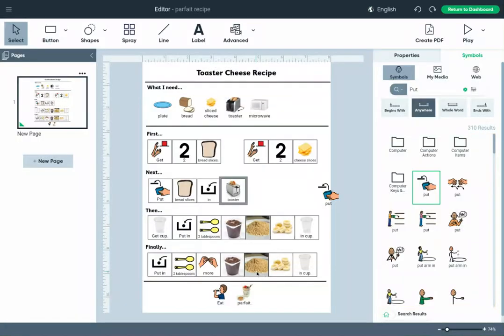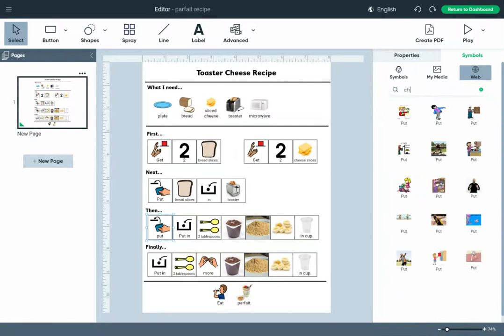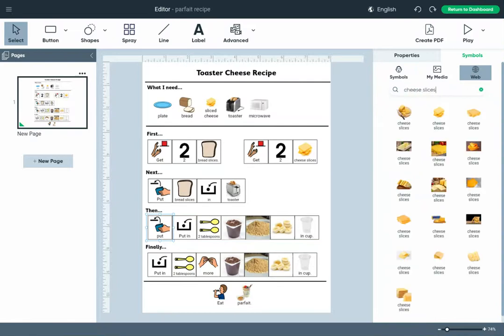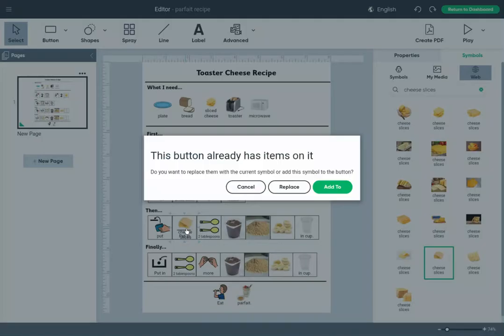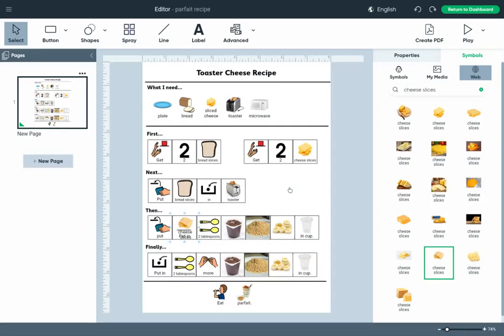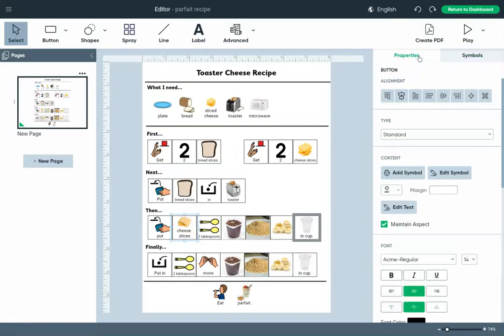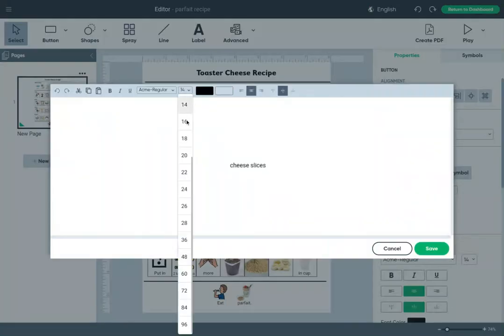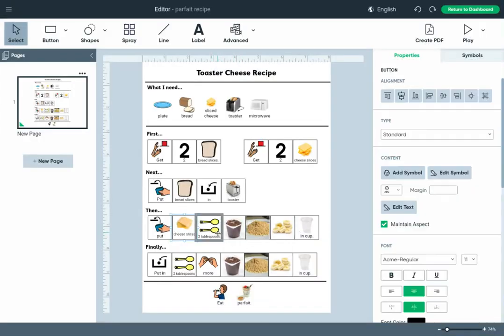Put, replace. We're going to go to web because we want cheese slices. Put cheese slices. But I don't like that. So we have to go to properties and edit the text to make it smaller. Put cheese slices